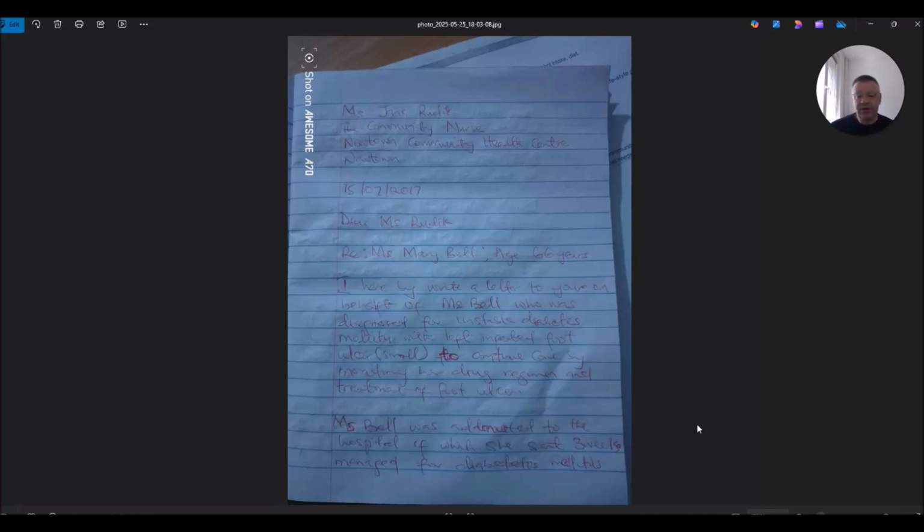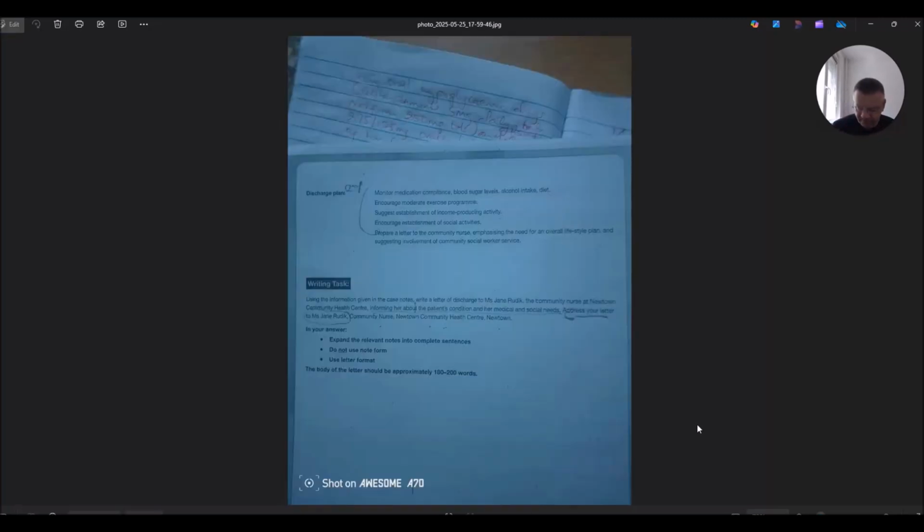So I'm writing to update you. I'm writing to inform you of the current condition of Miss Bell, who's being discharged today following an episode of blah blah blah blah blah, and who will require home monitoring and attention in the future. That would work fine. You can put all that stuff about the foot later on. Because if we go back to it, medical and social kind of needs, right? So